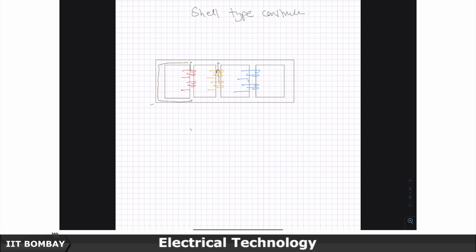So the shell type has 5 vertical limbs to reduce flux densities, or rather fluxes, in vertical limbs and horizontal limbs. So there is an additional path provided on the side, and so any unbalances,